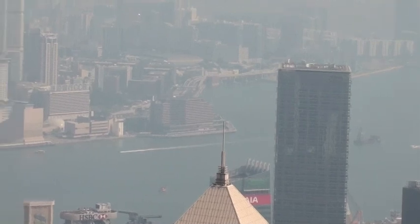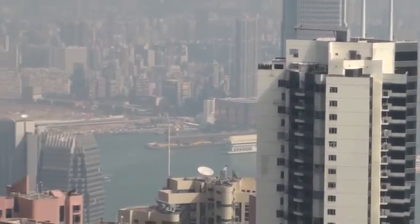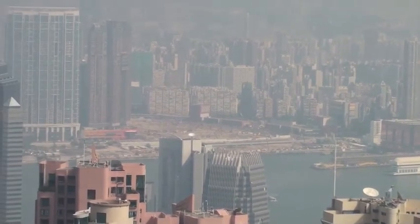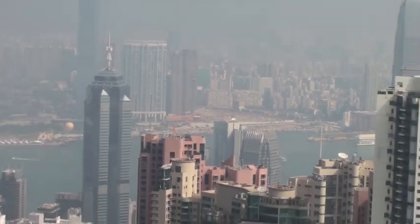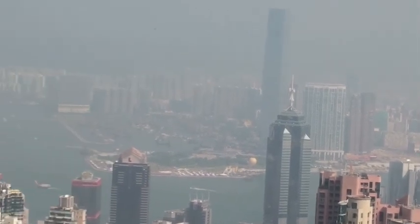And 12 o'clock direction, the building with the front at the top, that is IFC, International Finance Center, where we just get on the bus. It's going to be awkward for you. Took us over there. And then the building to your left-hand side with a tower on the top, that